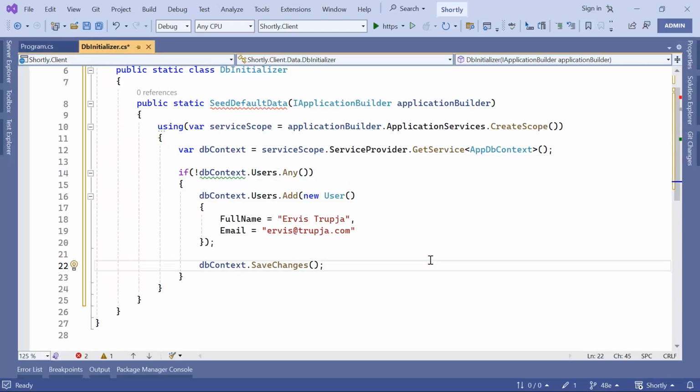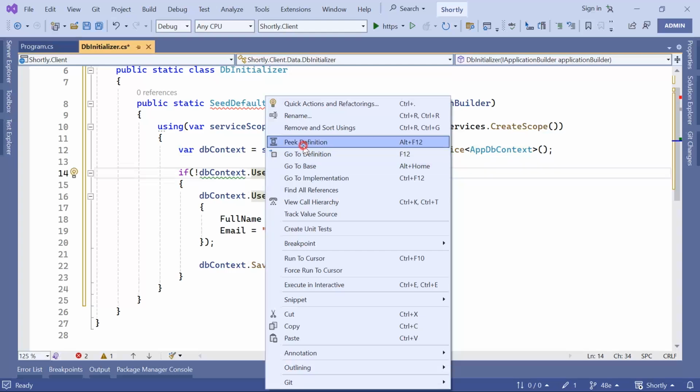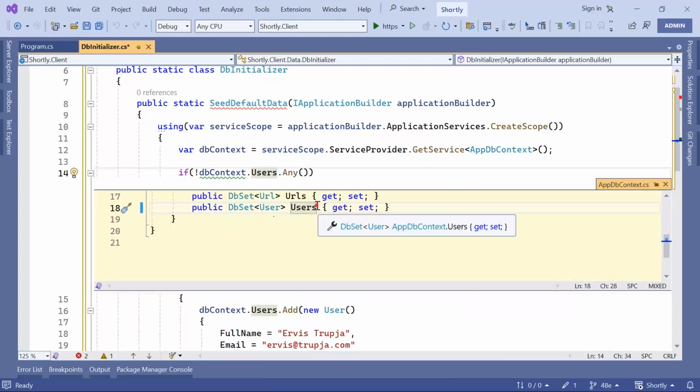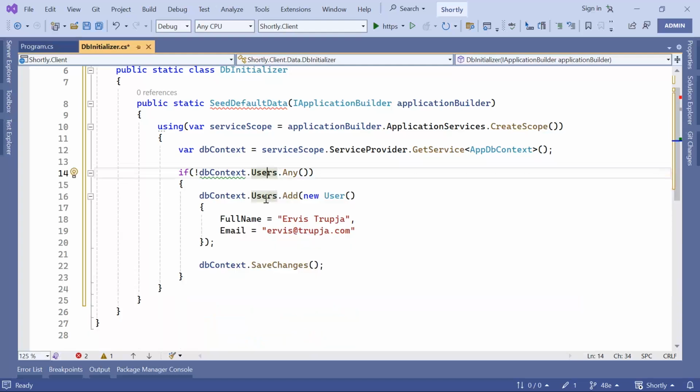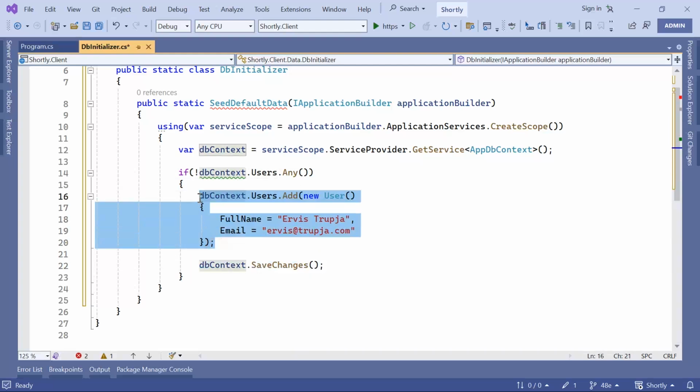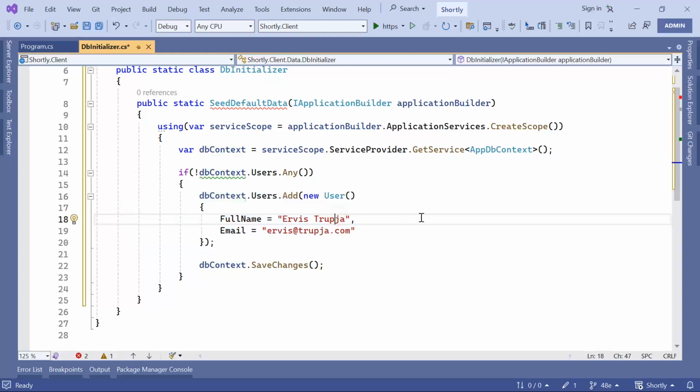And then in here, since I have a reference of the app DB context, I can simply use the users property in the DB context. So just right click in here and then pick Go To Definition. You can see that I'm using the users property, which is of type DbSet<User>. And to the users DbSet, I'm adding a new user. And the SaveChanges method does send the changes from the context to the database. Now let us do the same for